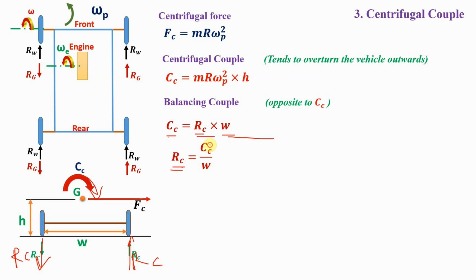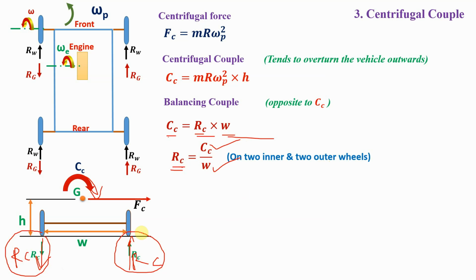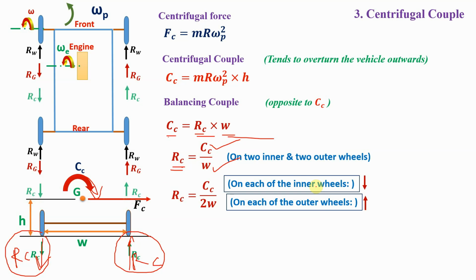Therefore, Rc is equal to Cc divided by W on two inner wheels and on two outer wheels. Rc on two inner wheels as well as on two outer wheels. Therefore, the force on each of the inner wheels and on each of the outer wheels will be divided by 2. So the reaction offered by the ground on each of the inner wheels will be downwards, and on each of the outer wheels will be upwards,